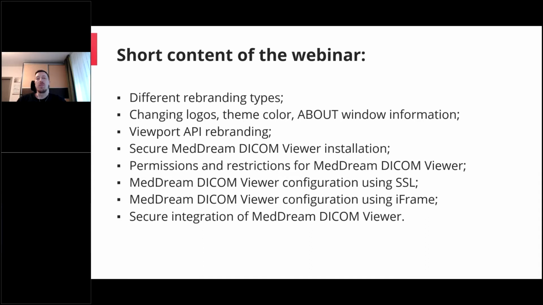where we will talk about the secure MedDream integration installation first, of course, then how to set the correct permissions and restrictions for the MedDream DICOM Viewer, and how to set up an SSL certificate so the MedDream would run